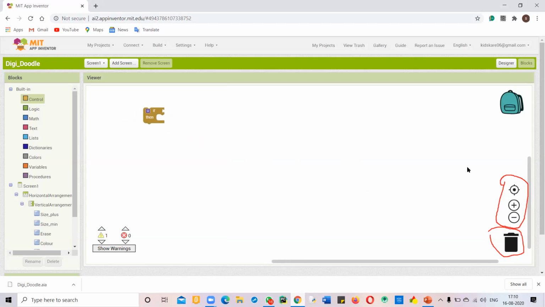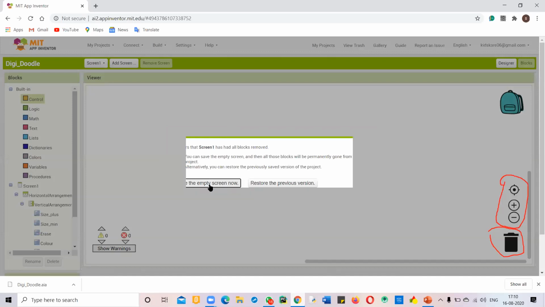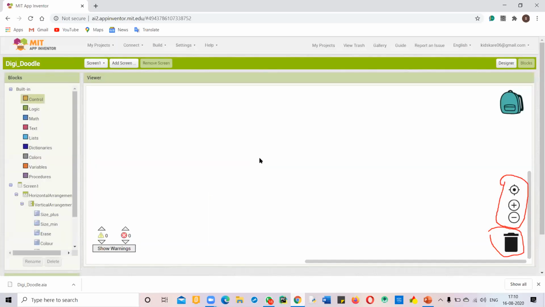And if you want to get the original size again, click on the topmost button and you'll get the original size. One more piece of information: instead of the backpack, you can also use the backspace key to delete your code. You can simply click on the block and press backspace, and it will be automatically deleted.